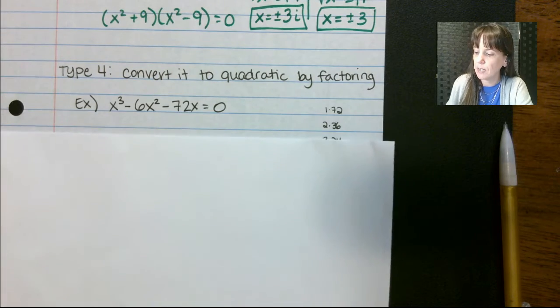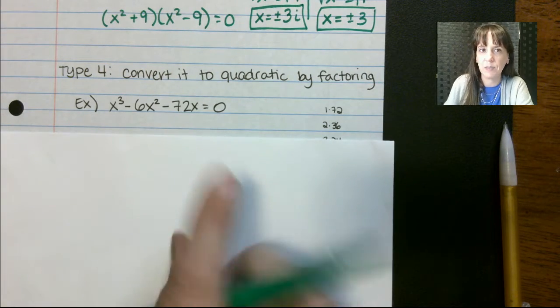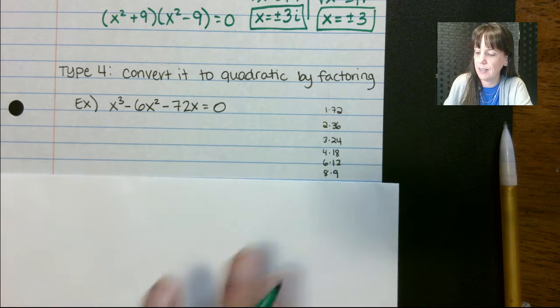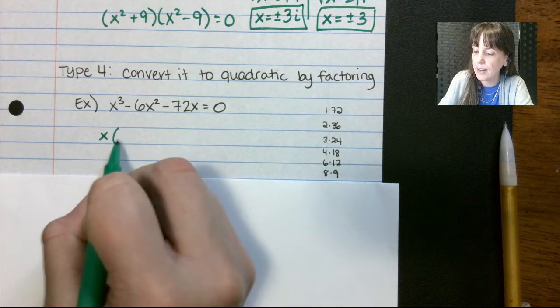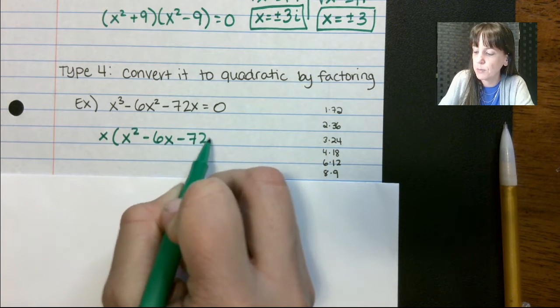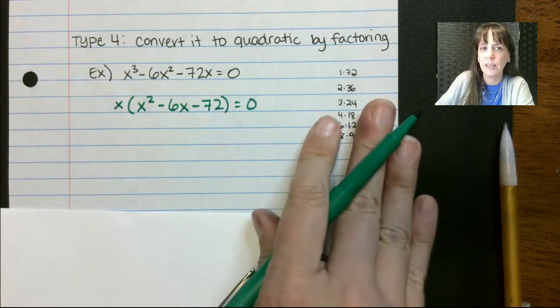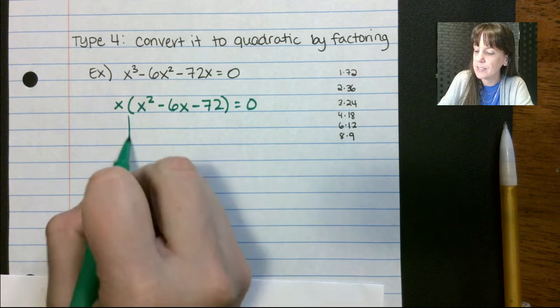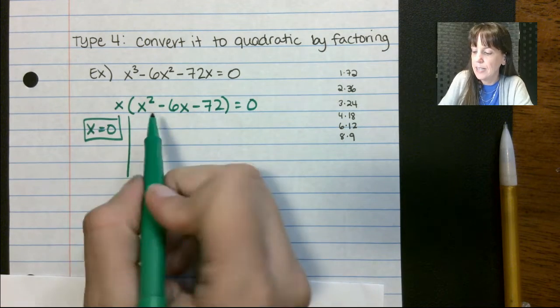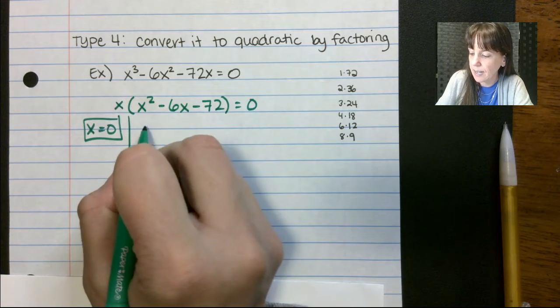So we come here and we look at this guy and we see, oh, hey, this will be nice and friendly because they all have an x in common. So we can take out an x, and that leaves us with x squared minus 6x minus 72 equals 0. Let's use our zero product property here to say x equals 0. That one's easy. Now over here, we can factor this guy. We can say